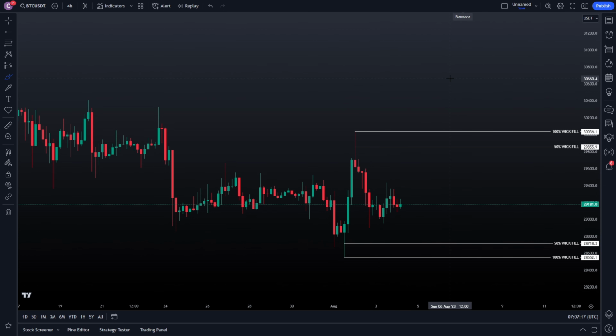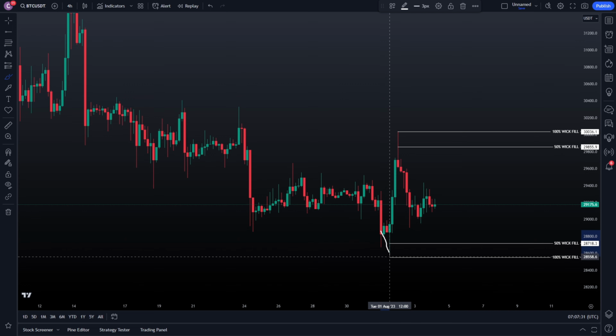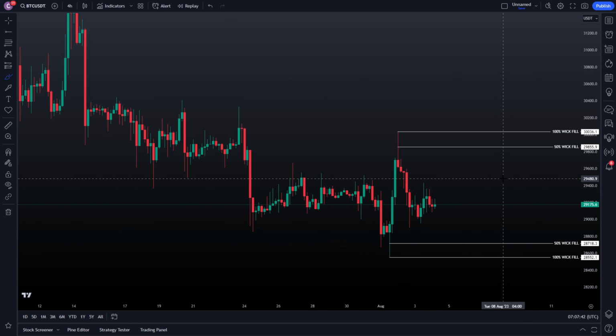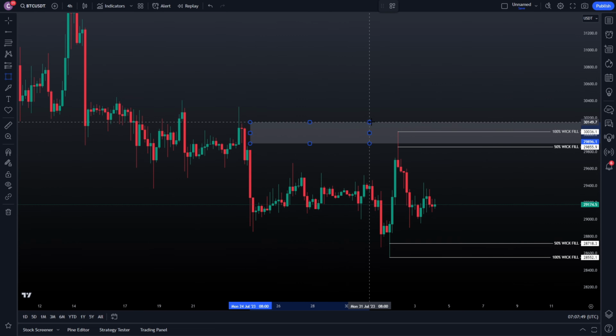Now, there is something about these wicks that I've been telling you guys many times. These wicks, they act as a draw on liquidity. Why do these wicks act as a draw on liquidity? Because price moved too fast to the downside and upside for bottom wicks and too fast to the upside and downside for bottom wicks. Why is it a problem that price was moving so fast and that these wicks are being generated? It is because the orders of the market makers that are, for example, laying within this liquidity pool